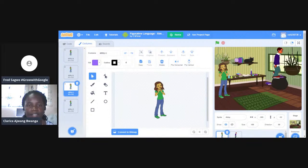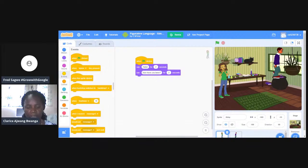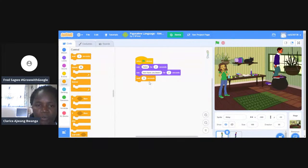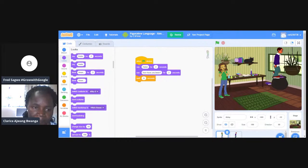After that, I can go back to my codes. You can really make stories by just adding these particular blocks. So after Abby has said that, maybe we want Abby to wait for some particular time, because maybe he just wants to scare Peter. So he will come and take control here, and we say wait. Maybe he will wait for 6 seconds, and then he comes back and says another word. We are assuming he wants to scare. He will start by saying,